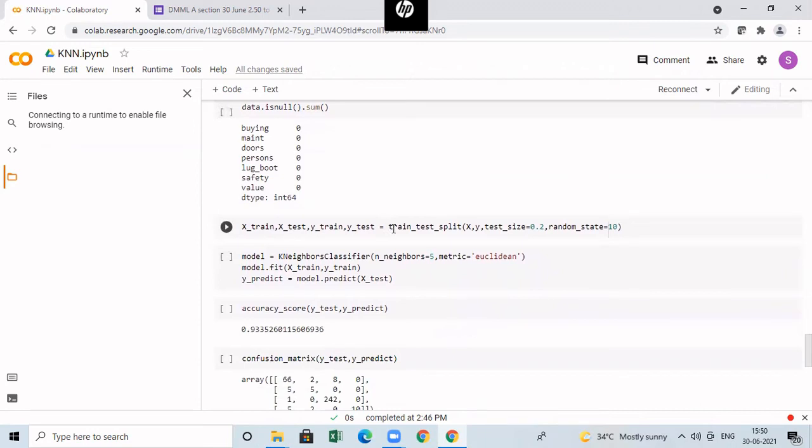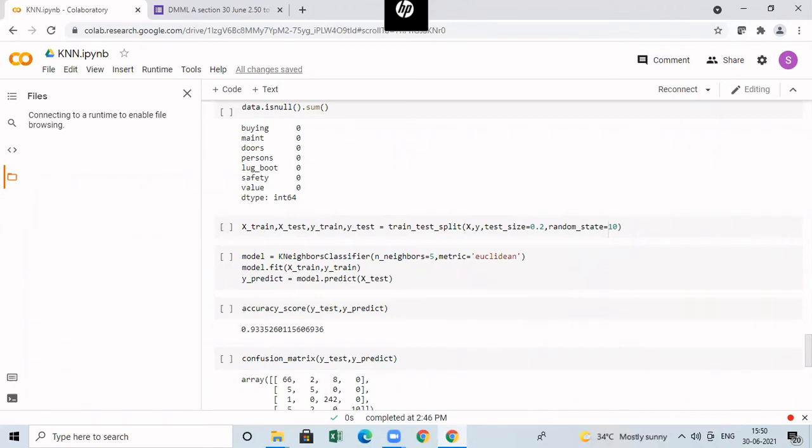For that, I'm going to use first train test split. In that, my data set will be split in the ratio 80:20. So I'm giving now test_size equal to 0.2. Then if you give random_state equal to some value, all the persons will be getting the same set of data for testing as well as training, and the order will be same. Otherwise, you may get some answer, I may get some other answer. For that only we are setting random_state equal to 10. Once you do that, your data set is ready for testing as well as training.